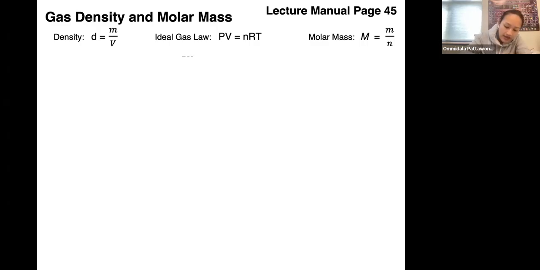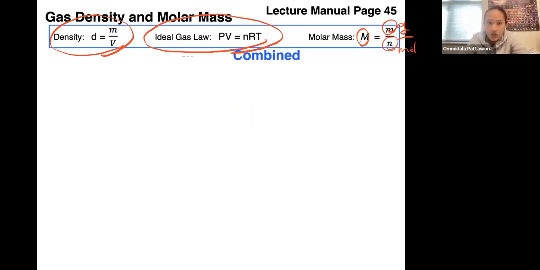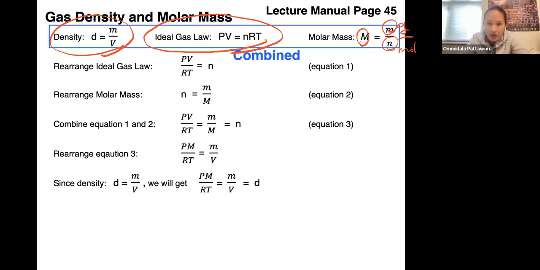One is the density. We know the density equals mass over volume, right? And we also know the ideal gas law, which is PV equals nRT, right? And we know that the molar mass, which is this italicized capital M right here, is equal to mass over mole, which in this case would be grams per mole. So what I'm going to do is combine these and rearrange them. I'm not going to go over the detail, but